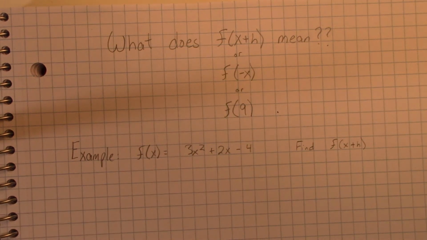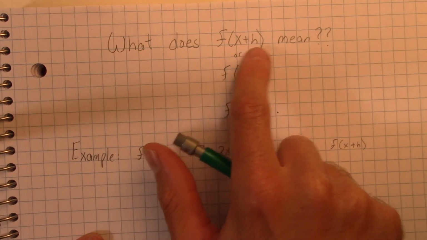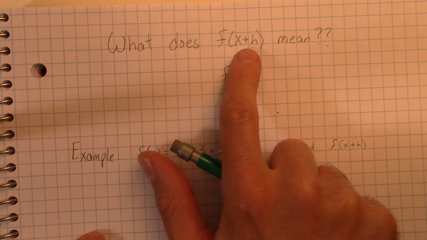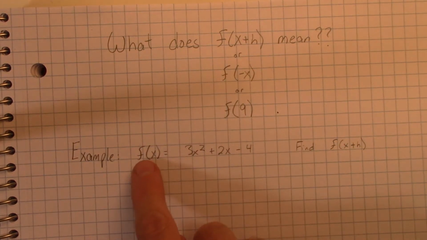Alright, let's see if we can clarify some stuff in this quick video here. Basically, this is the question I get a lot. What does f of x plus h mean? What do I do with that thing? And that always comes in the context of a problem where you're given a function like this, and I'm going